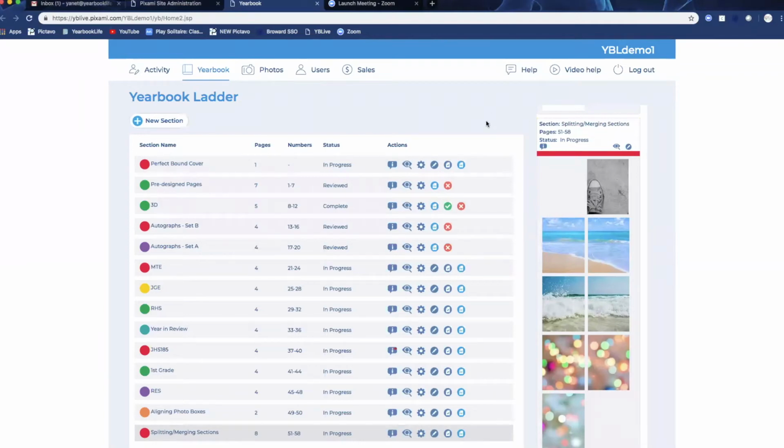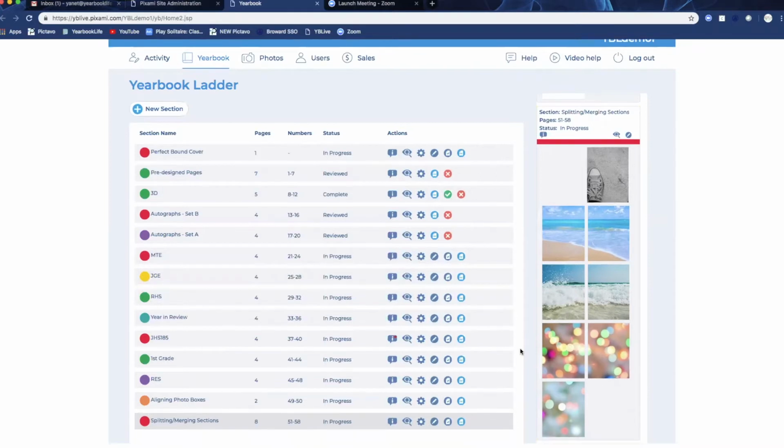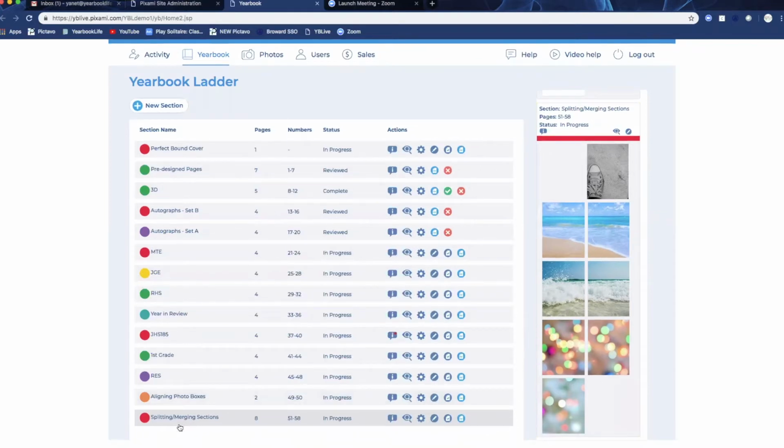In YBLive, you can only have one admin or user in each particular section at once. So there might come a time that you need to split the section because you want more than one person working on the pages of that particular section. To do that, you can do so right from the yearbook ladder, and we're going to use splitting/merging sections as